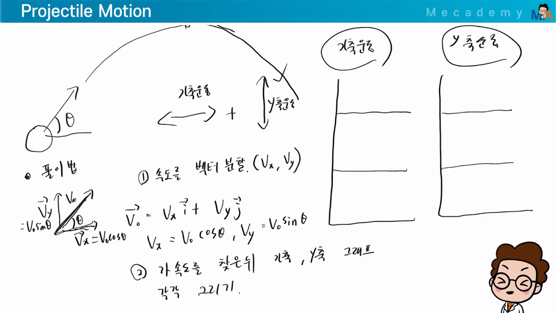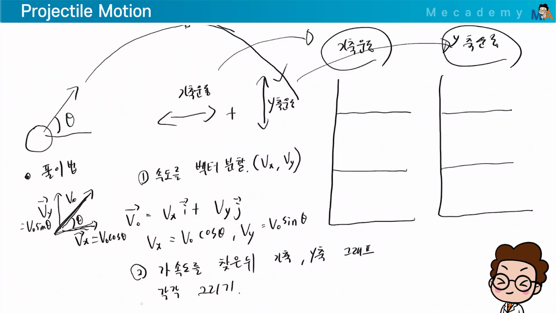By dividing it into two like this, you can draw it separately with graphs like this. This kind of graph, that kind of graph. After drawing them separately, you interpret them simultaneously. Got it? If you draw the two graphs separately first, one by one, it's a bit easier. Then interpret them simultaneously.